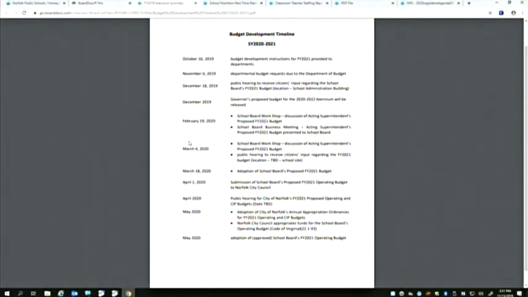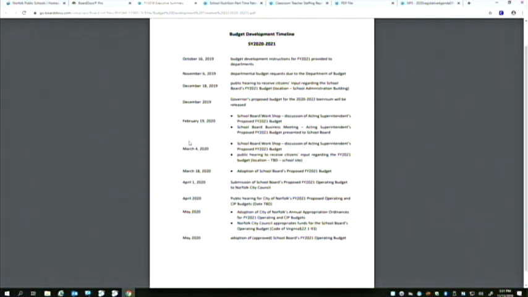And then during the business meeting that evening, have that budget be presented to the board. On March 4th, we're asking for another workshop at 4 o'clock, because by that time we'll have more feedback from the community and from the school board about the direction they would like to go. So we would like to have a workshop at 4 o'clock on March 4th, and then at